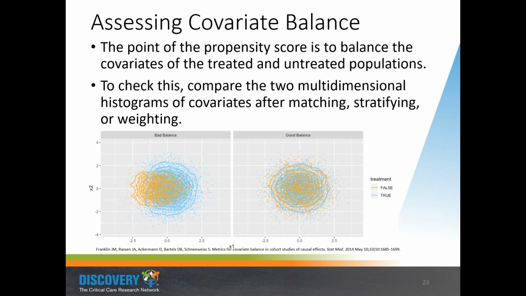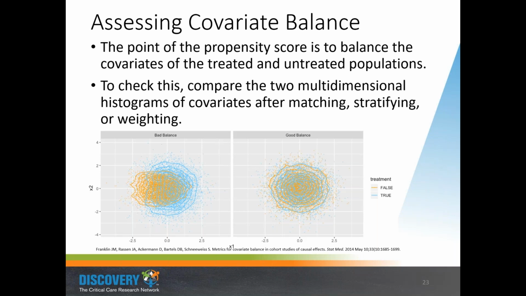So here's an example of that. Let's say we have two pre-treatment covariates, which in this little toy figure I'm calling X1 and X2. Maybe this could be their age and how many drugs they're taking or something like that. The blue and the orange are the two treatment groups. On the left, maybe you have the populations who are being treated and not treated. There's some difference there between those two populations. They overlap, but there's some systematic difference. And on the right-hand side, you can see that they overlap pretty much spot on. So you really can't tell from which population the blue and the orange dots were sampled, because they're pretty much the same.